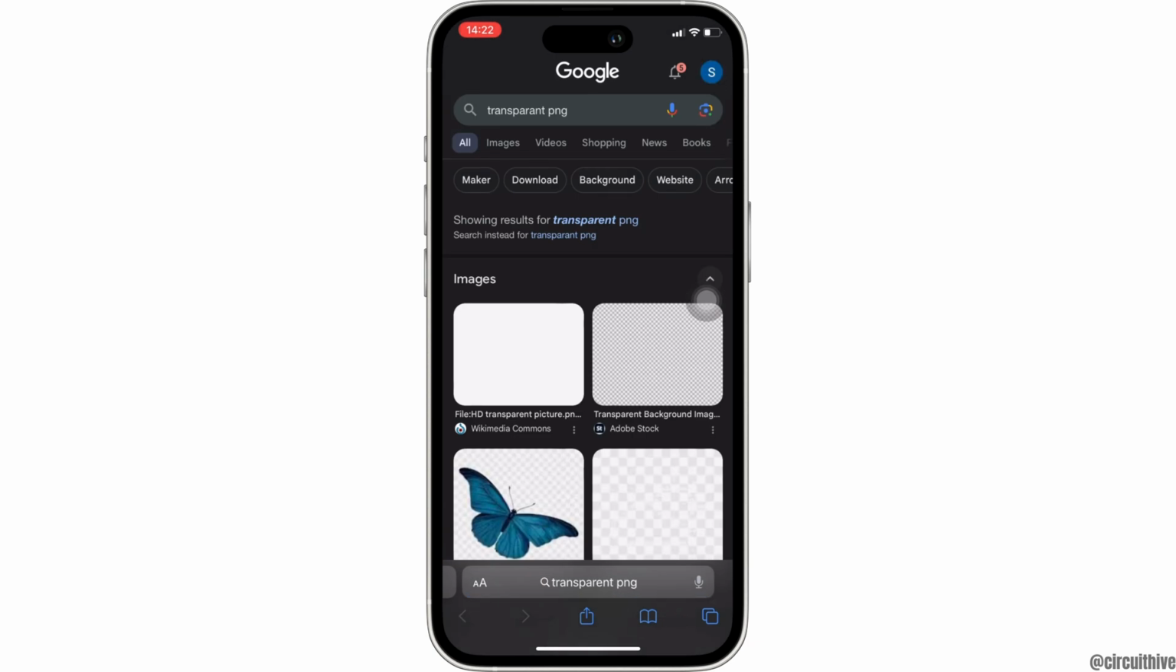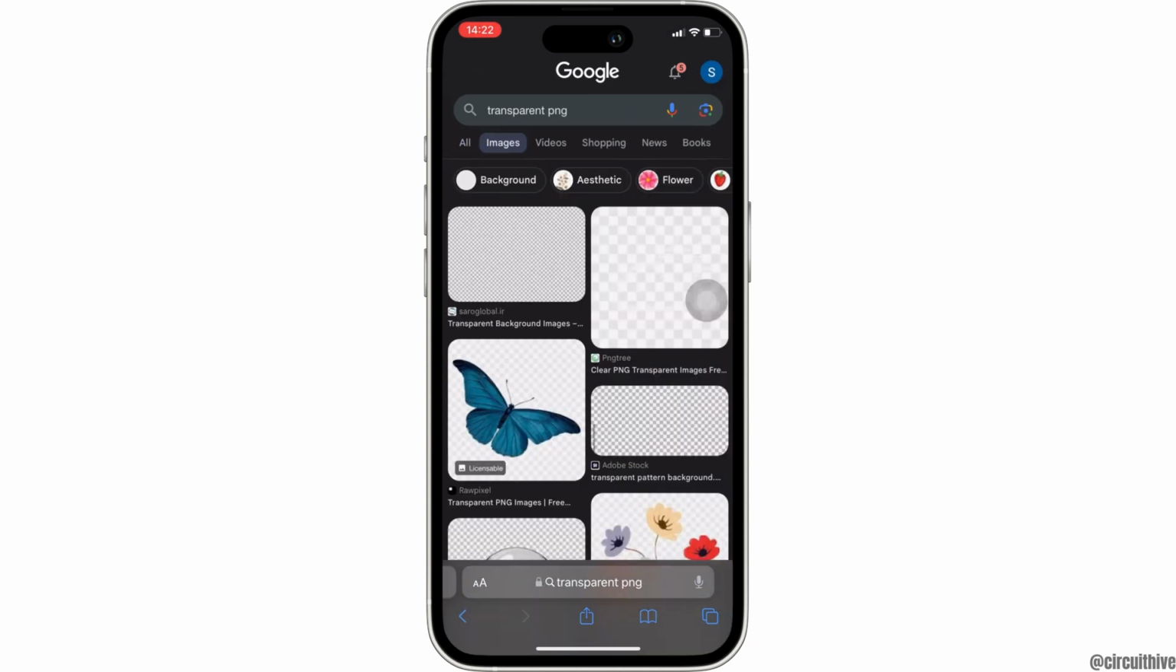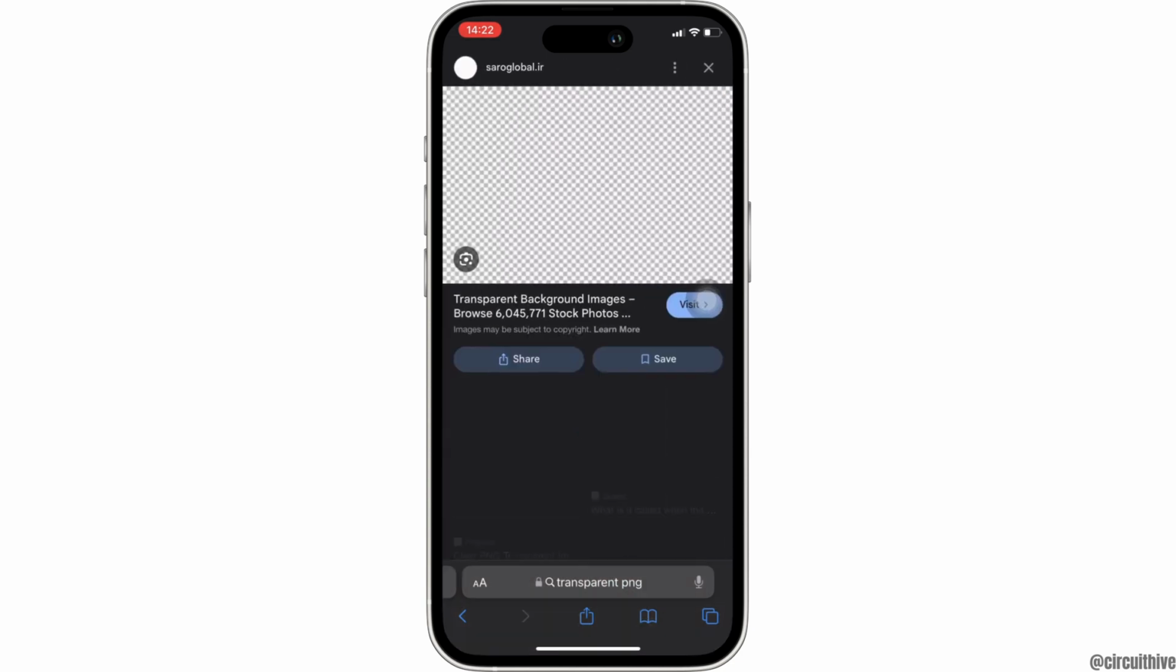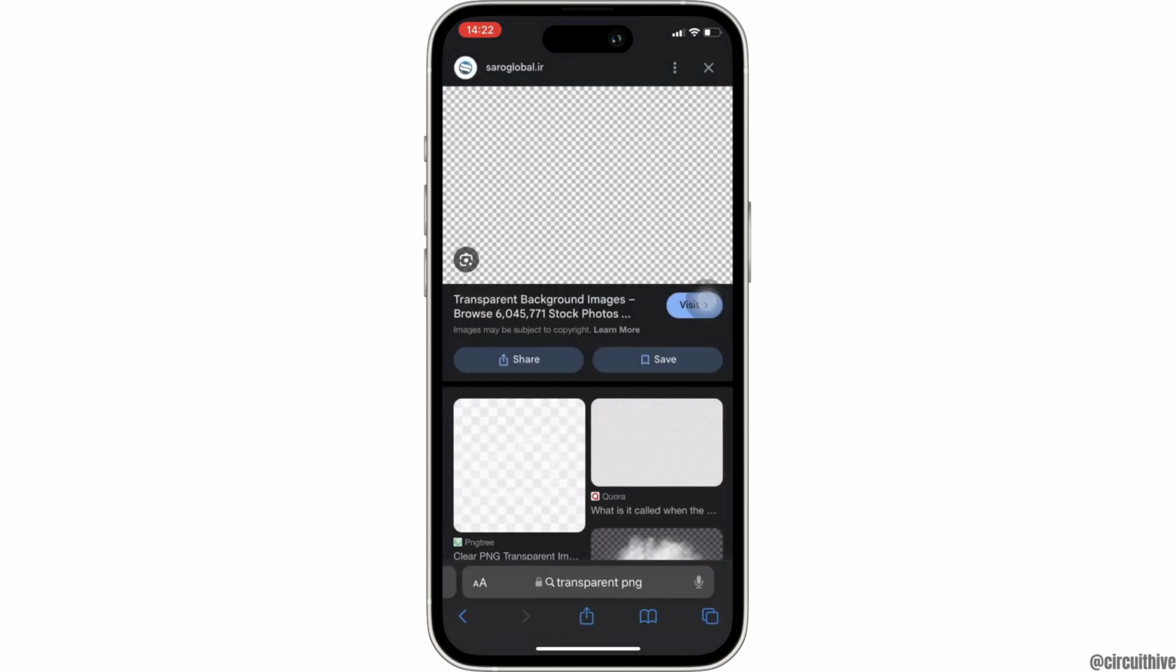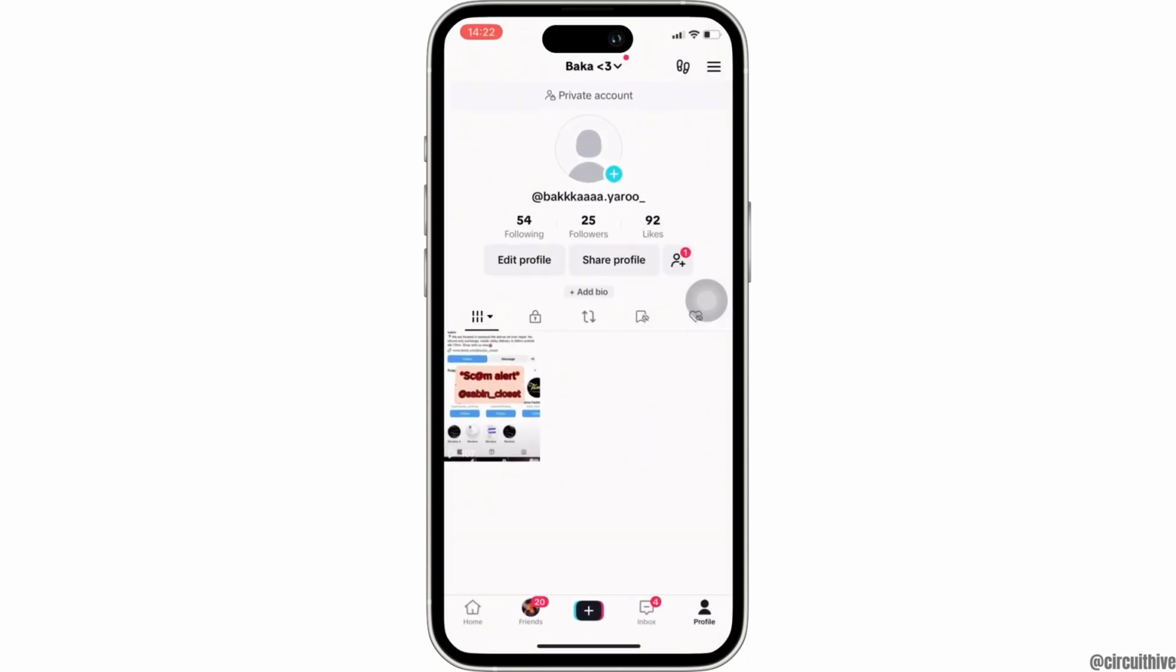Head over to images. In here, you have to select the very first picture. Long press the picture and then click on Save to Photos. Once the picture has been saved, head over to your application TikTok and make sure you are logged into a